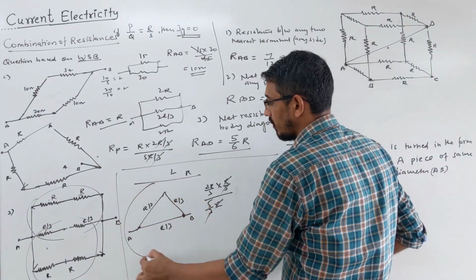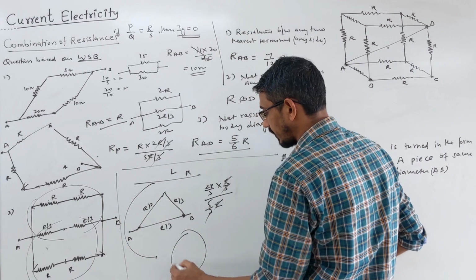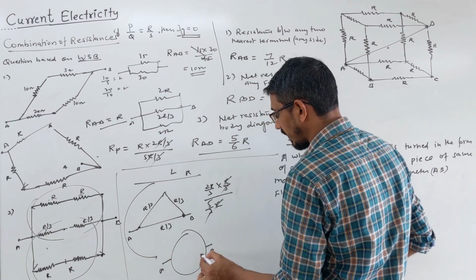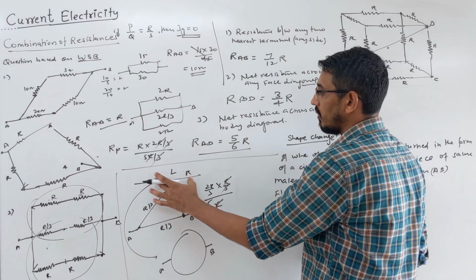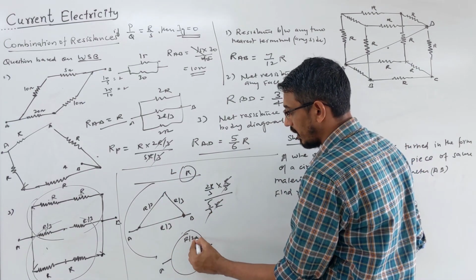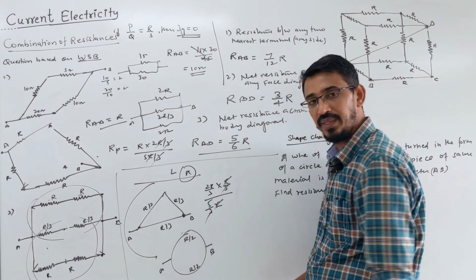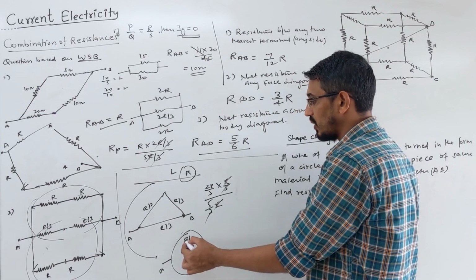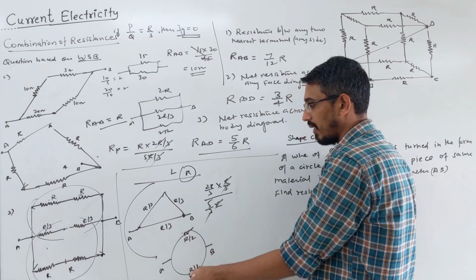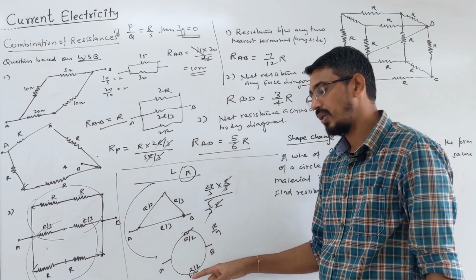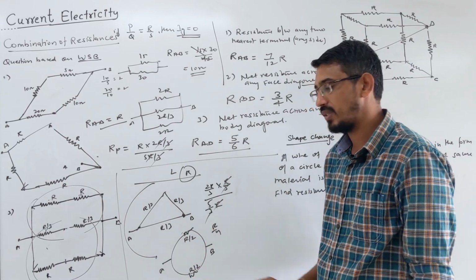The same wire is turned into a circle, suppose like this way. Then they ask what is the net resistance across the diameter, right? So this wire of resistance R we turn into a circle. So the resistance of the top part is R by 2. That's also R by 2, right? Half, so the resistance is also divided in half. So these two resistances are now simply in parallel. So what is the net resistance? Obviously R by 4, right? R by 2 and R by 2 are in parallel. R by 4 is the answer, right?